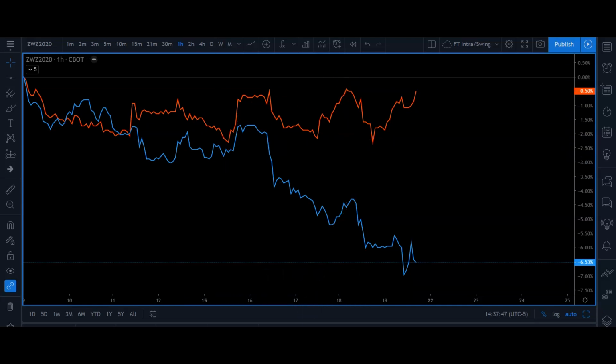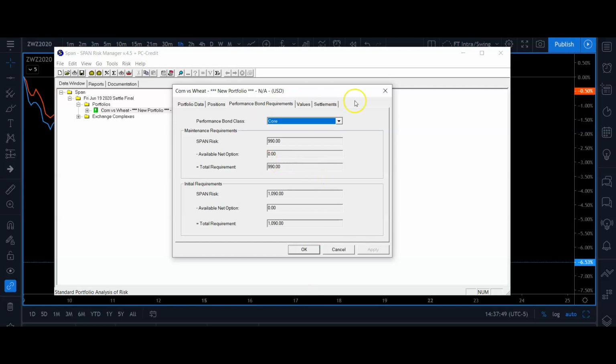And how you can do that, I have a video on YouTube where I showed you guys how to download the SPAN margin calculator from the Chicago Mercantile Exchange. A little bit of a pain in the butt, but once you get it down, it's an awesome, simple system to use. And by the way, there are little zip files you have to download from the CME daily. You can download them to get your intraday and then your settled margin prices. So you don't have to ask anybody, you don't have to rely on brokerages. You can just rely on yourself and come in here and build out the spread.